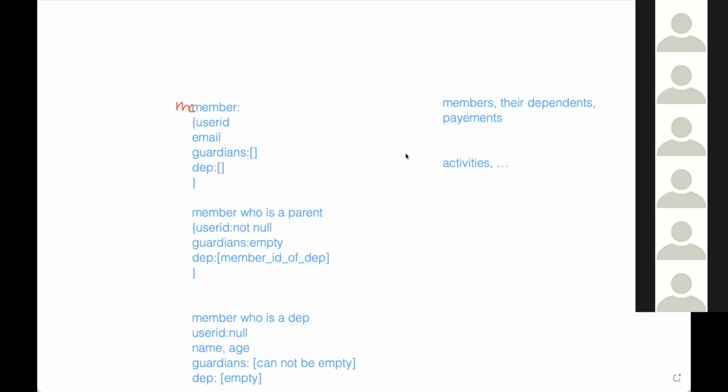The good thing about this design too is later on when you add activities, you can basically add the activities for everyone separately. So you can add the activities for the kids separate from the activities for the parents. And then you can say, for example, who were the kids that signed up for Quran classes or were interested in Quran classes? Okay, those were the kids. Who were their parents? Okay, those were their parents. What are their emails? Then you get the emails, then you can contact them, right?